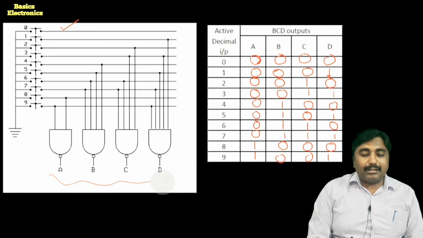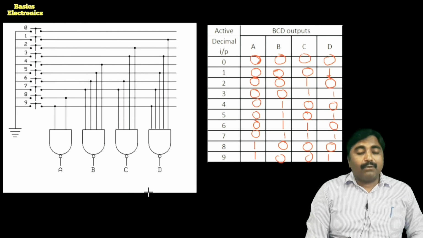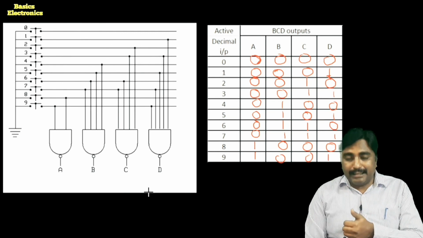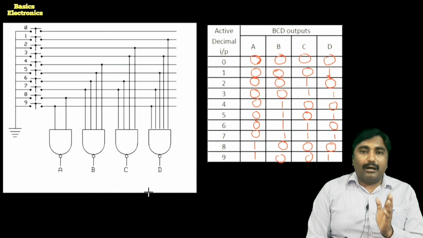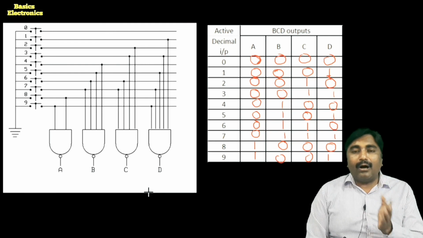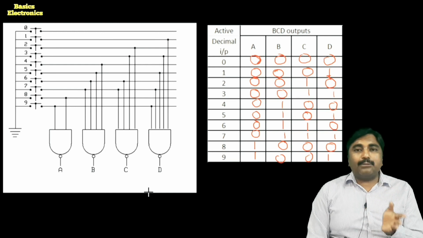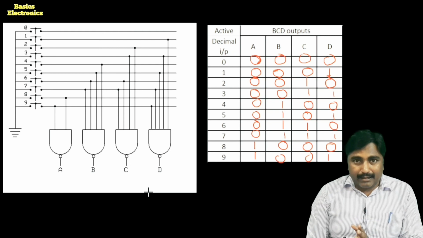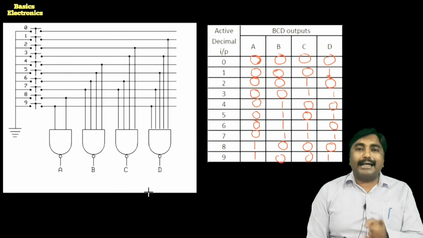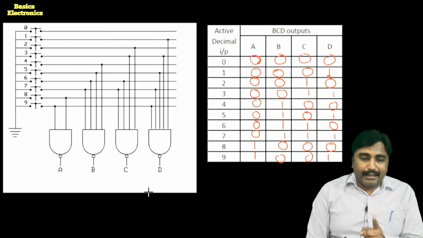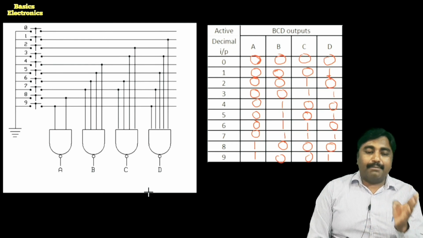Okay, there is a question of 3 or 4 marks in your examination. The question is like this: what is the decimal to BCD encoder? Explain its working. Then you are free to draw the logical diagram by using the OR gate or by using the NAND gate. Okay, if the question is asked like this, explain the working of decimal to BCD encoder by using the OR gate, then you have to draw it by using the OR gate. Sometimes they may ask the question like this: explain the working of decimal to BCD encoder using the OR gate, how it can be constructed by using the NAND gate.